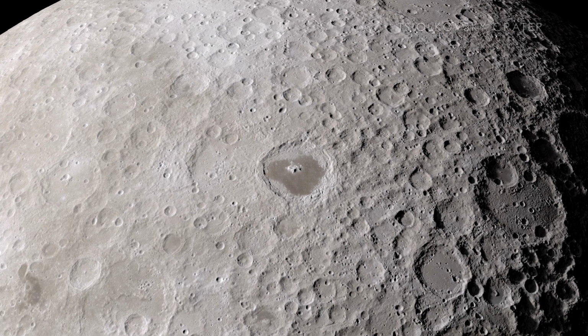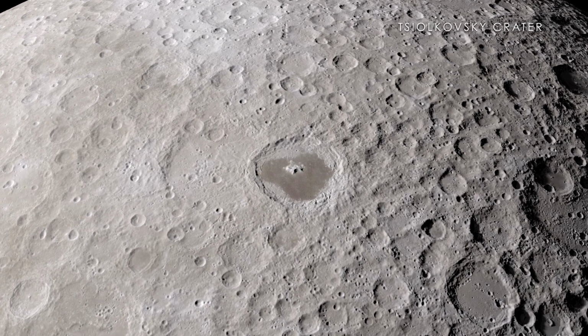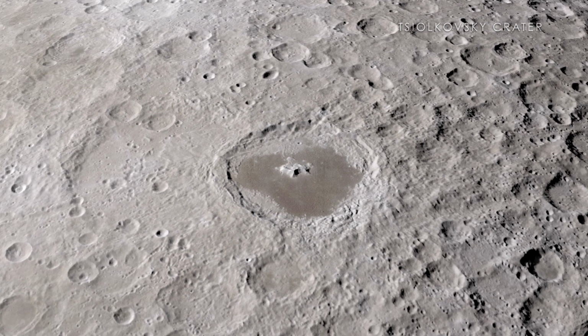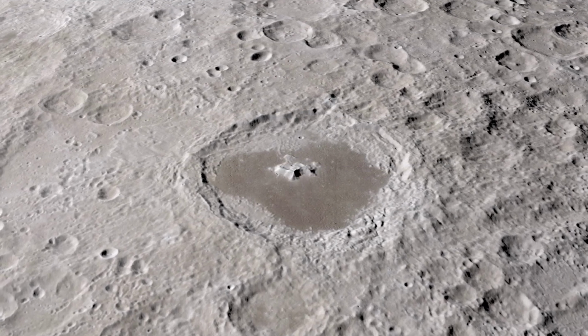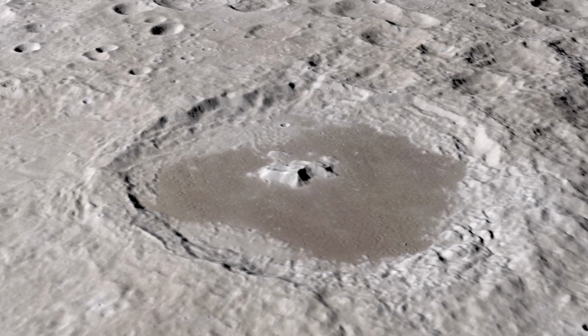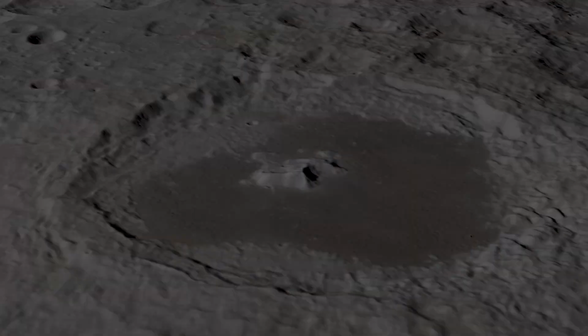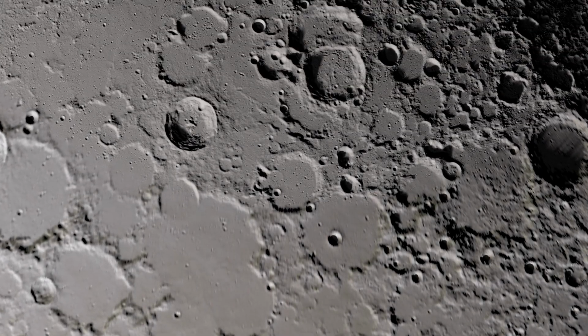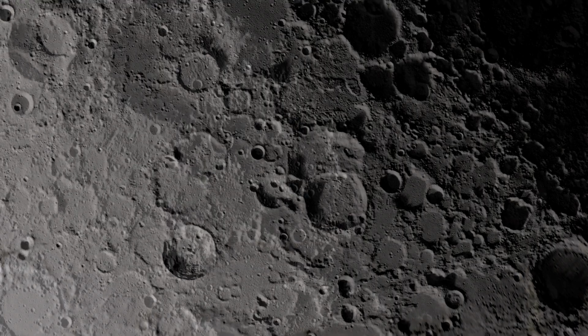Finally, the Tsiolkovsky crater stands out as an excellent example of a far-side crater filled with a sea of ancient lava, known as a mare. It is particularly interesting to scientists and other observers because of its isolation from other similar craters, as well as its beautiful central peak. As we continue to study the Moon, our understanding of it improves, giving us new insights